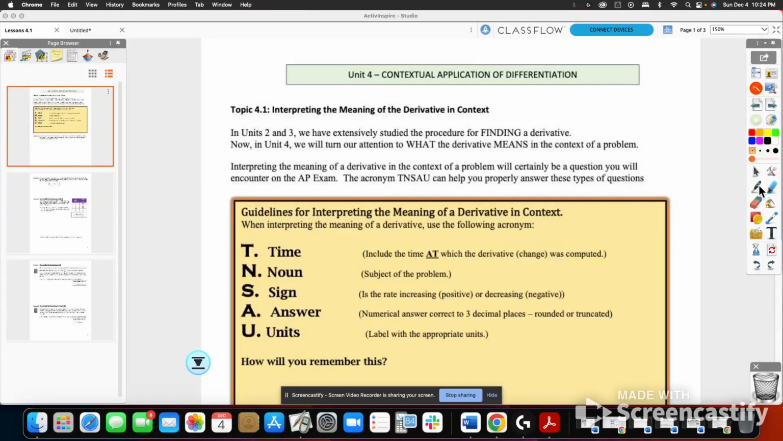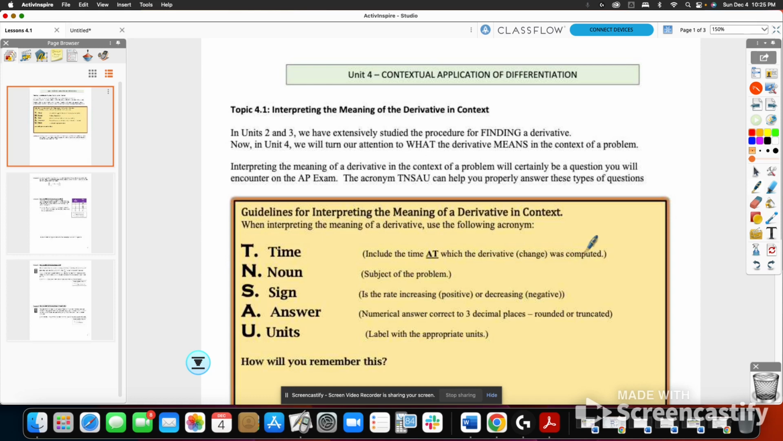Okay, Unit 4 is about contextual application of differentiation. In Units 2 and 3, we have extensively studied the procedure for finding a derivative. In Unit 4, we will turn our attention to what the derivative means in the context of a problem. So, we will interpret the answer to the derivative problem. Interpreting the meaning of a derivative in the context of a problem will certainly be a question you will encounter